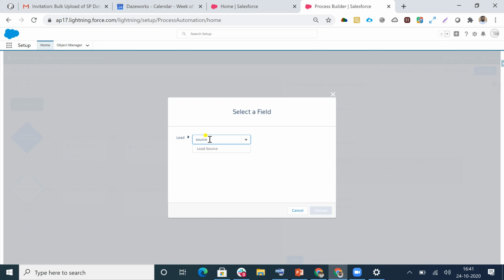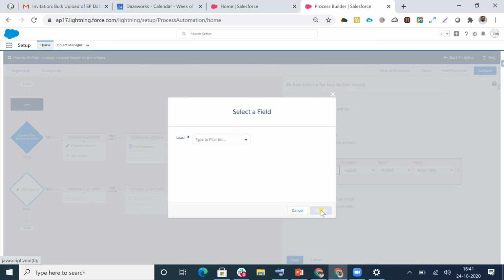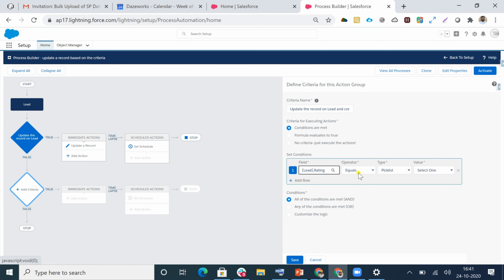Let's say we'll be taking the lead source, or no, instead of source, we can take the rating itself, no issues for that. Let's say in my criteria, if the lead rating equals picklist value, and I have to select the picklist value, let's say if the lead rating is warm, then